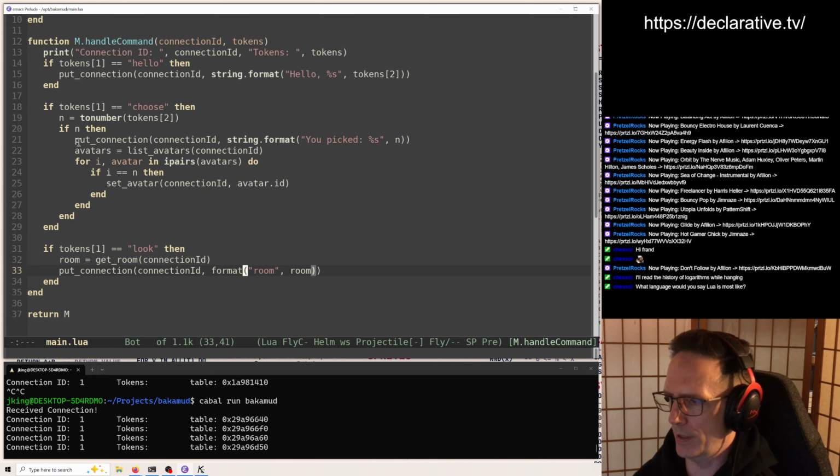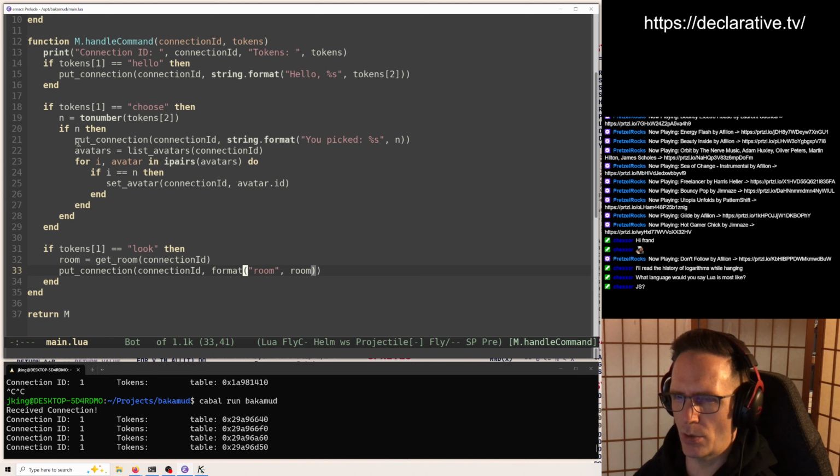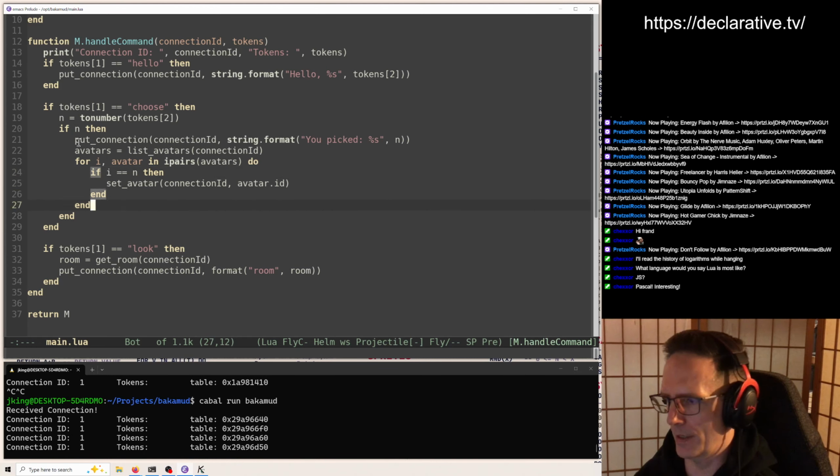What language would I say Lua is most like? It's sort of like a Pascal light, maybe. A little bit JavaScripty. But the one-based indexing, the keyword heaviness of it: if, then, end.